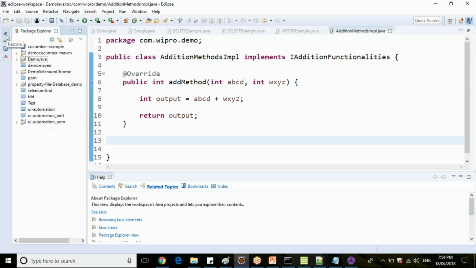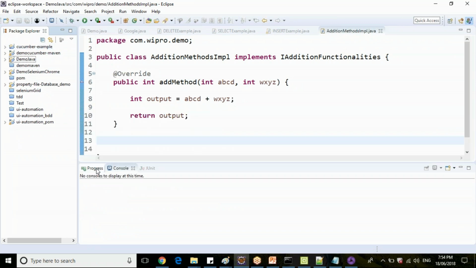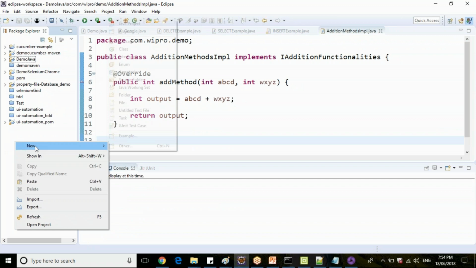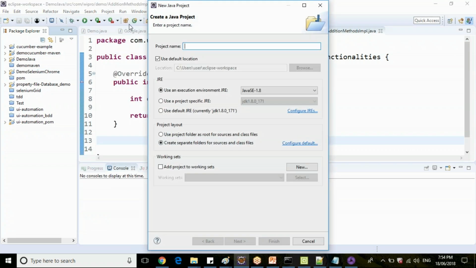Let's name this project APM sample demo. Let's create a new Java project.